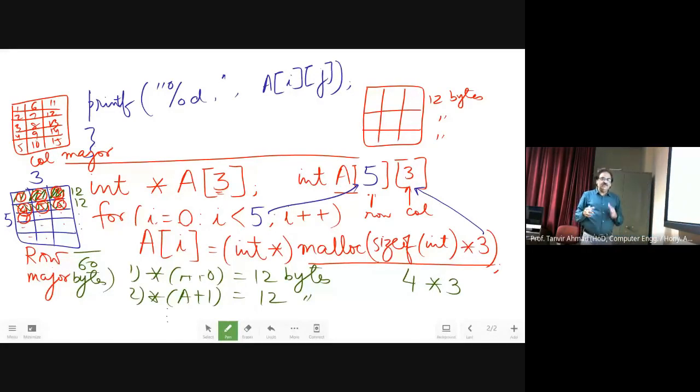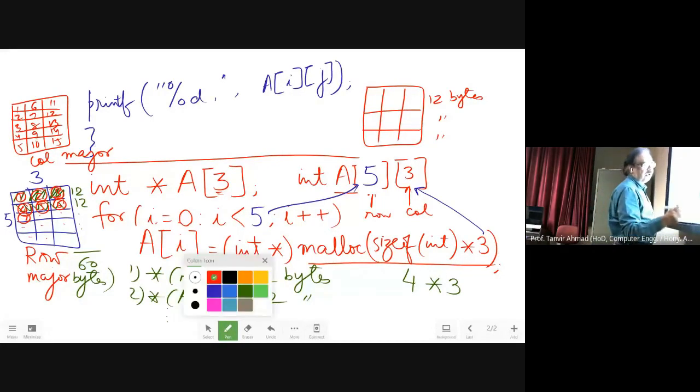Though interchangeably, the compiler will always treat this as a pointer itself. We already told you all arrays are pointers. Therefore, I can use it like this also and there will be no difference. But the only thing is that if you are using all pointers, it's better to use all pointers only.